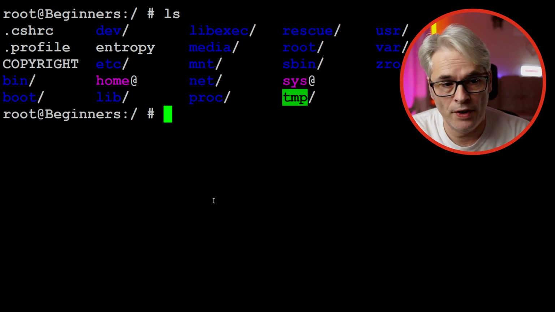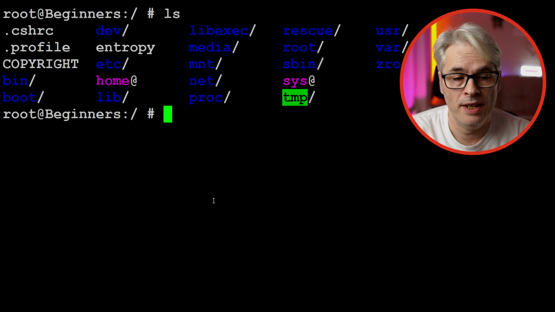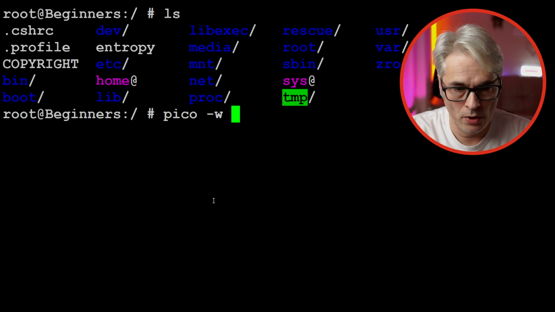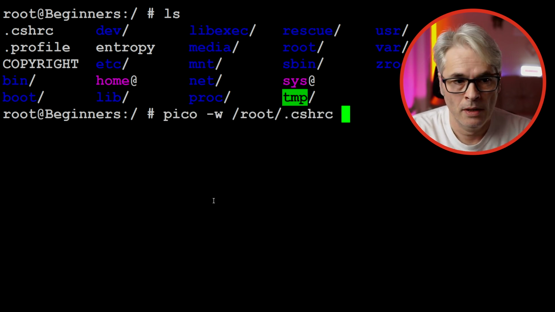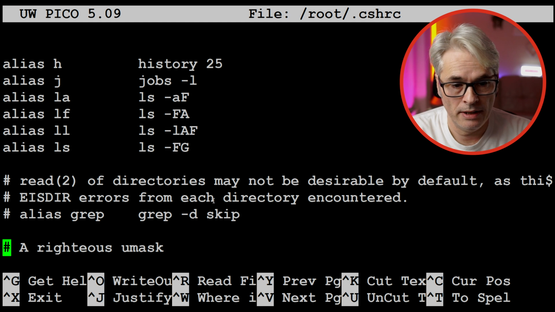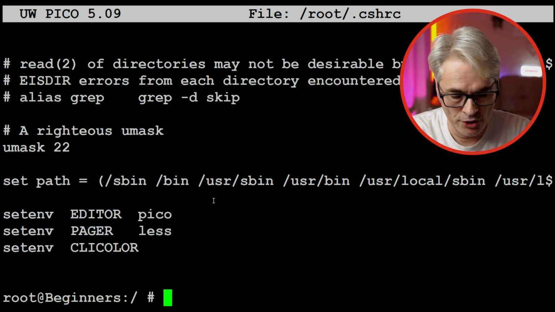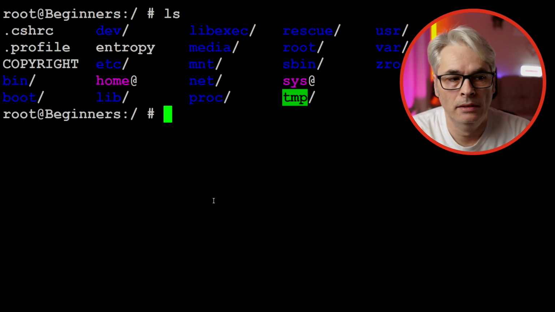Right, first things first. I have enabled the color shell on my FreeBSD install. To do that, it was quite simple. I added in an alias for ls in the .cshrc, so that is ls -F -G, capital F, capital G, and then I set an environment variable of CLICOLOR. And those two in conjunction are giving me a nice color shell, just to denote the difference between a file